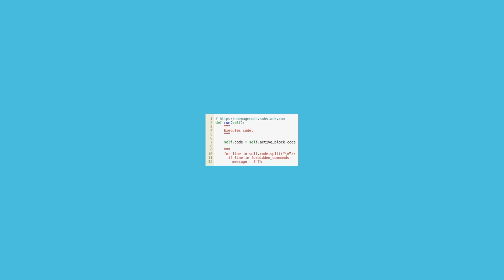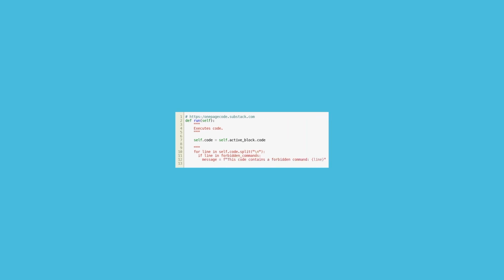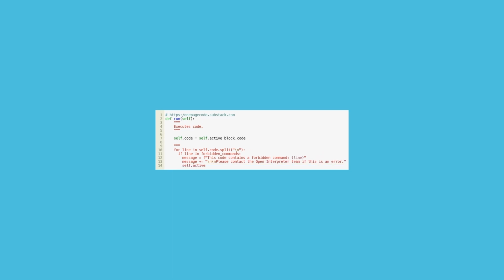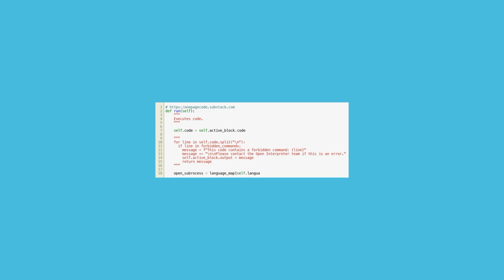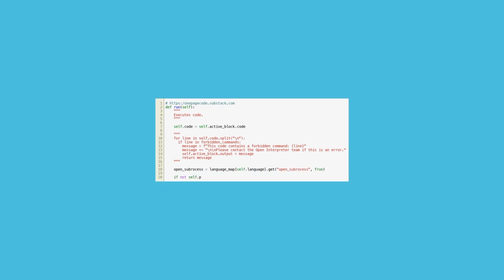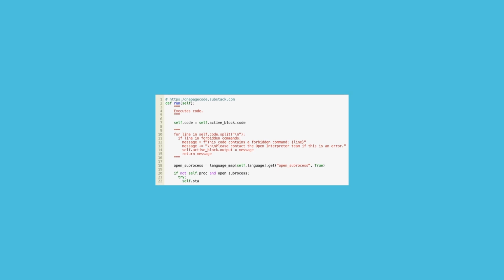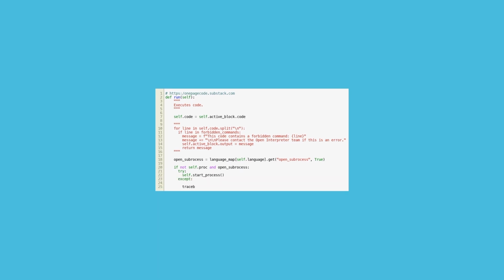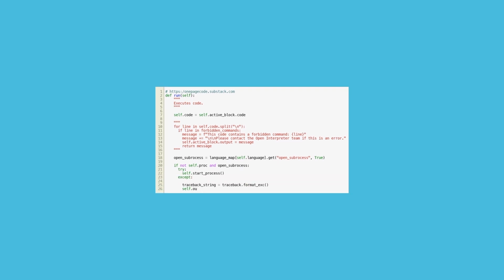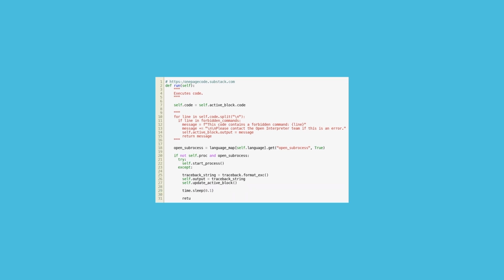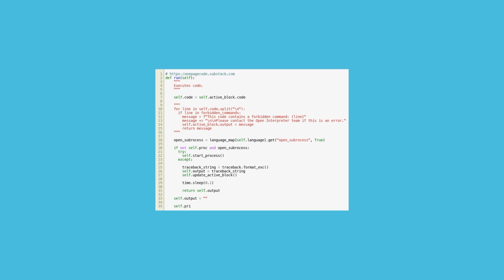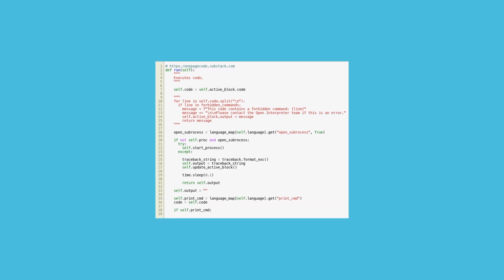The code attribute of the CodeInterpreter instance is set to the code of the active code block. The active_block attribute represents the currently active code block in the user interface. The forbidden commands list is commented out, but it appears to be a list of commands that are not allowed to be executed. If any of these commands are found in the code, an error message is displayed and the method returns. The open_subprocess variable is set to the open_subprocess value for the selected programming language from the language_map dictionary,